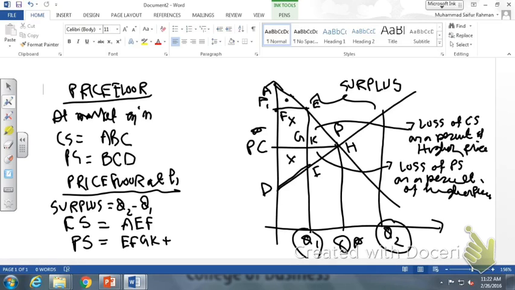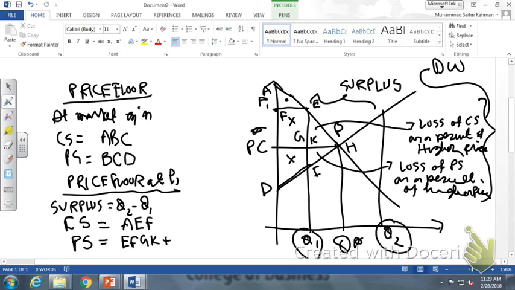As a result of higher price, our producer sells less, Q1, and our buyer also buys less. Both of them pay a higher price and get a higher price, but they lose anyway because there is a loss of production, loss of market activities in the economy. So our consumer loses the upper rectangle, our producer loses the lower rectangle. When we add these two up, we are going to call that deadweight loss. So the deadweight loss